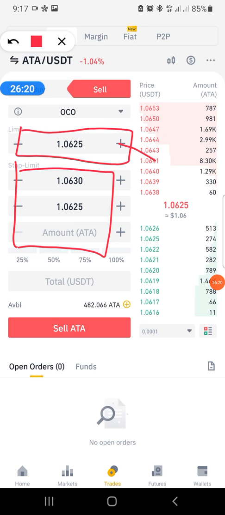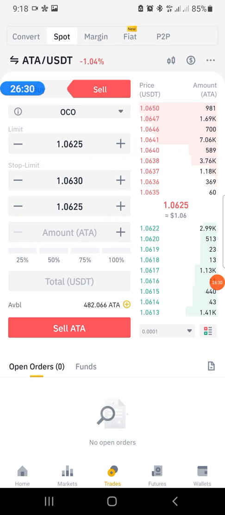But if this one is triggered first, they will automatically cancel the other trade. But basically, only a few people make use of this type of order in trading cryptocurrency today. Now, another area I want us to look at